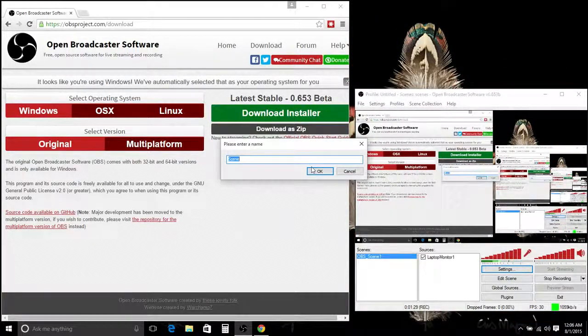And you can name it OBS or something like that, just whatever. Okay. And you'll notice that maybe the screen will go black temporarily because I created a new scene. It's still recording, so I'm going to go ahead and on the pane next to it, you might have noticed